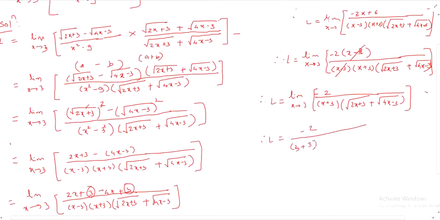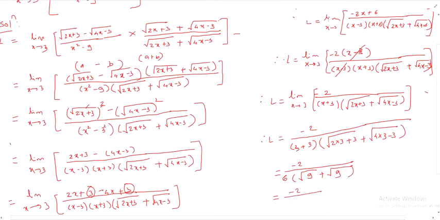x is equal to 3, under root 2 into 3 plus 3 plus 4 into 3 minus 3, okay, and this is equal to minus 2 by 3 plus 3 is 6 into root 2 into 3 is 6, 6 plus 3 is 9, plus again 4 into 3 is 12, 12 minus 3 again 9, okay, and then is equal to minus 2 by, here we can divide by this 2 to 6, that is 2 3s are 6, that is minus 1 by 3,